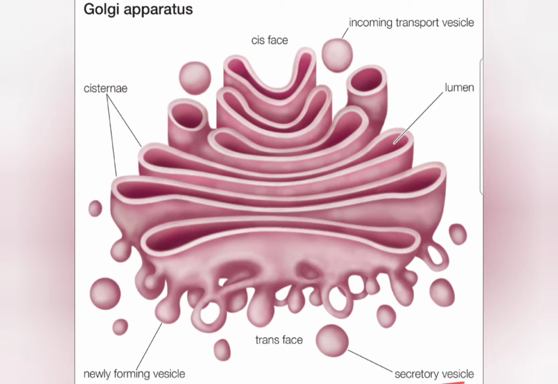Means the smaller droplets or the globular structures like this one or this one are the vesicles, while the larger ones like this one, this one, this one and this one, they are the vacuoles. Okay, so the vesicles and vacuoles, the difference is that firstly the smaller ones are the vesicles. They are small droplet-like sacs and they originate from the cisternae by a pinching off process.